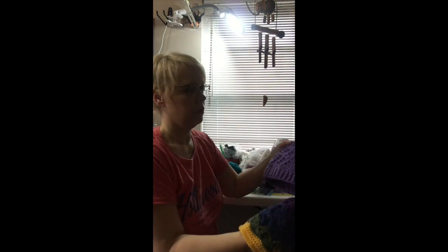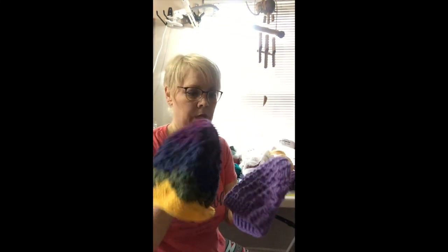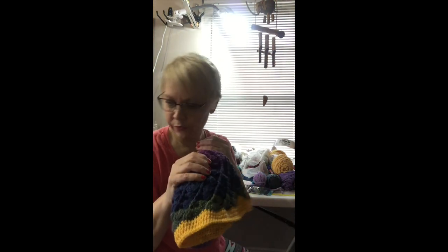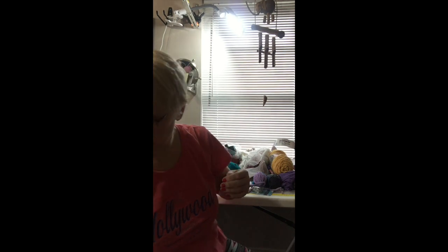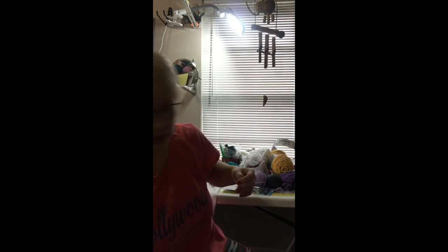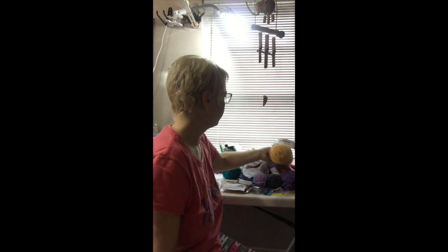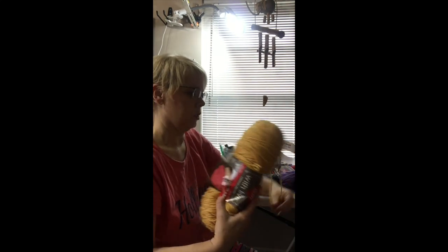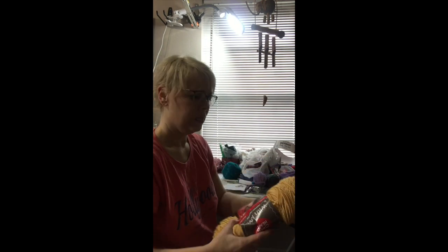Then I have a couple of different divine hats, some different patterns. I'm going to put those over here in a box as well. I may try to put them online to sell them. I have yarn that's almost done, not almost done, that's almost full. I'm going to put it into